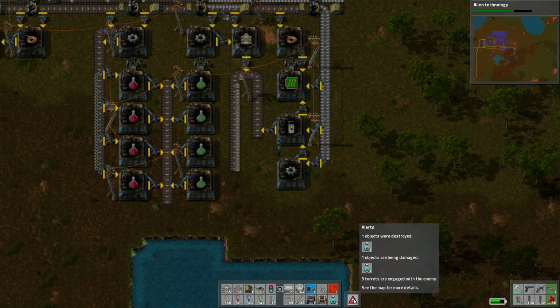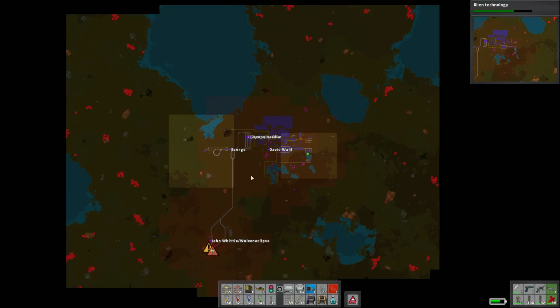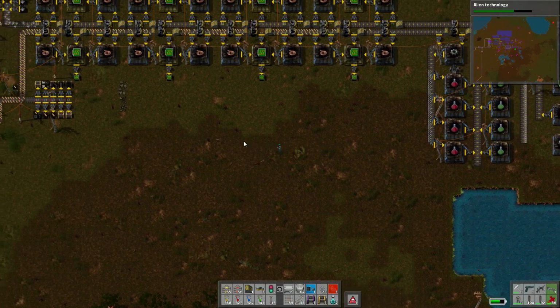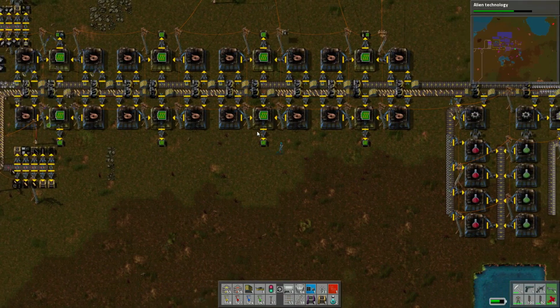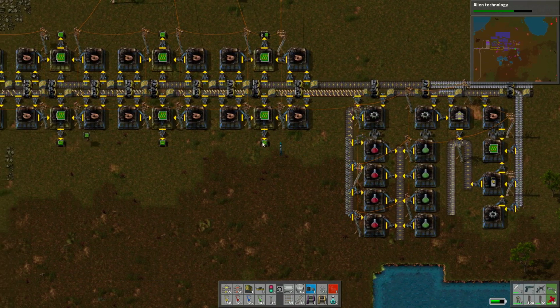Oh, something actually got blown up. Ooh, they're doing some damage down there. They don't like my copper. We should go fix that. We should also shut down the copper production. Actually, no. Looks like,